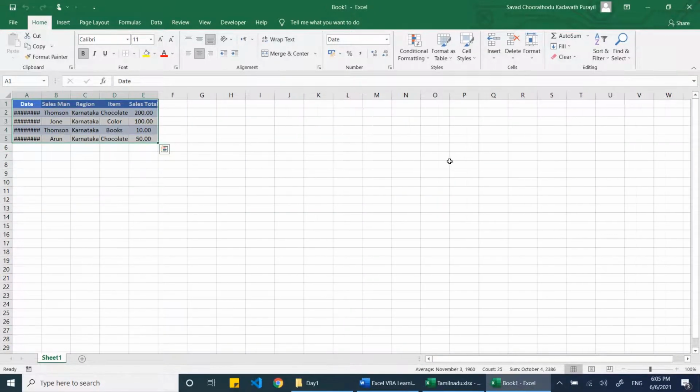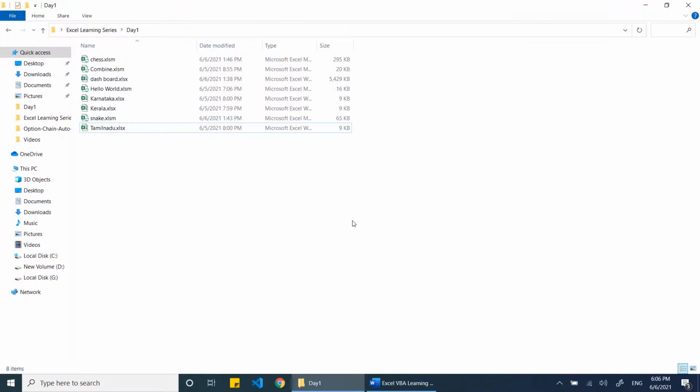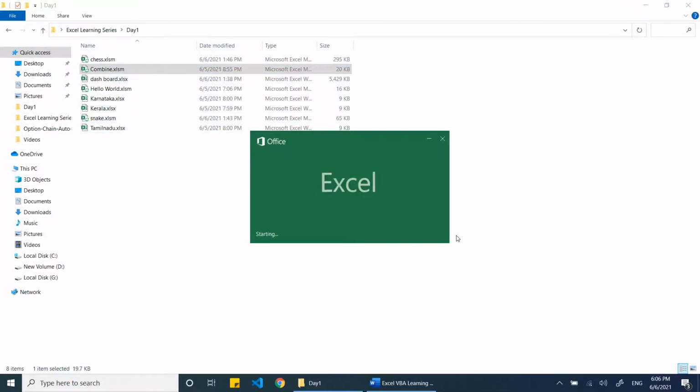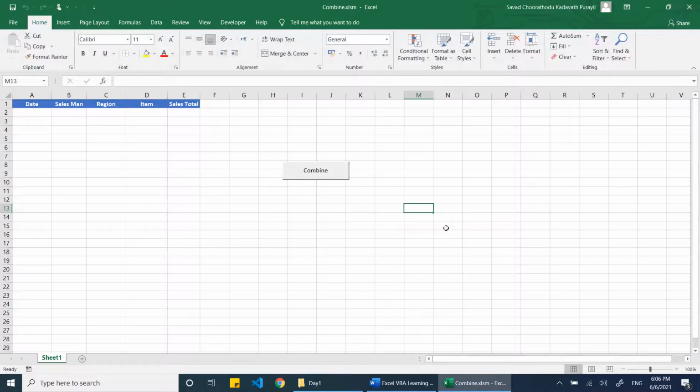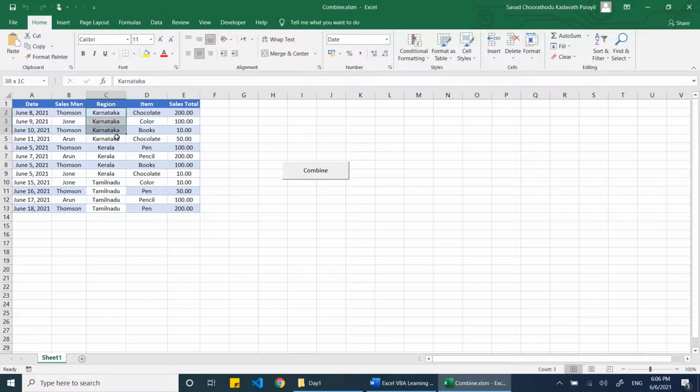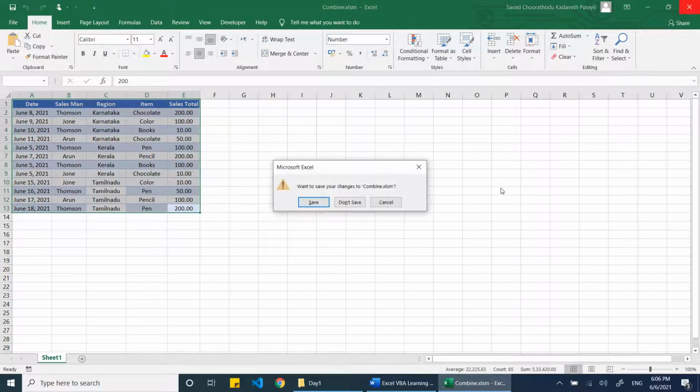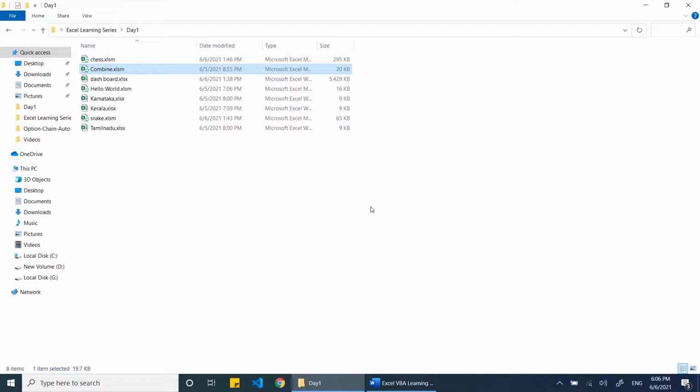So what we do, we have created an Excel sheet called combine, and this Excel will automatically combine all those three reports and generate a new Excel sheet. Let's see how it works. The moment I click on the button combine, you can see it automatically copied data from the other Excel files to this particular Excel and gives you the final report. This is one of the examples. There can be various other examples where VBA helps in repeated tasks.